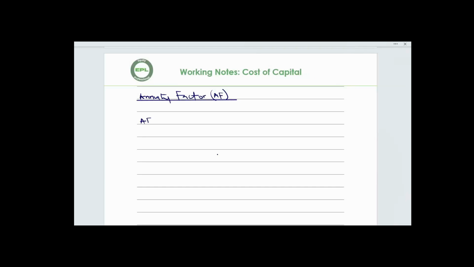Annuity factor, or you call it cumulative discount factor, can be computed as 1 minus, open a bracket, 1 plus r raised to power minus n, divided by r. All right? Therefore, annuity factor,